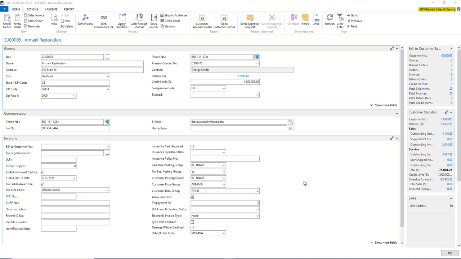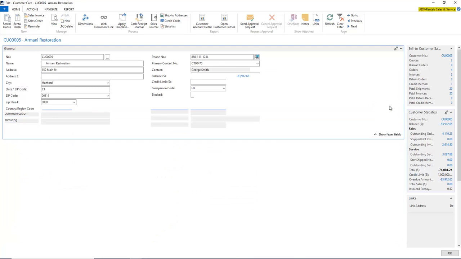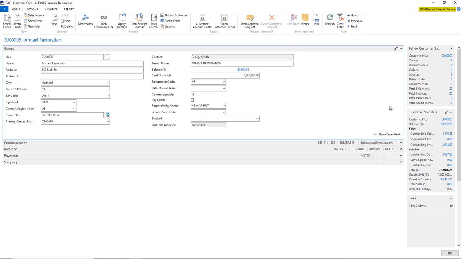If I click the Show More Fields button at the bottom of each FastTab, it will show additional fields. So let me shrink these so we can see the difference that we make. So Show More Fields. I can choose to put fields in this expanded view instead of in the simpler view. I might do that if they're seldom used and I don't want users to be confused by seeing them in